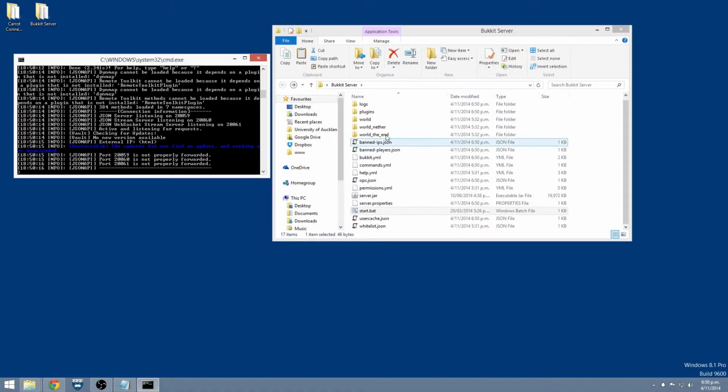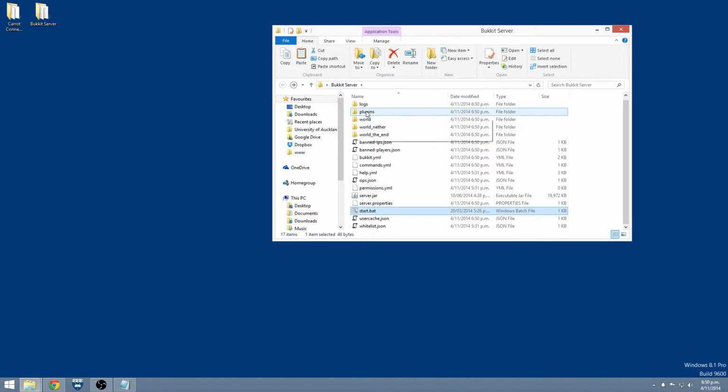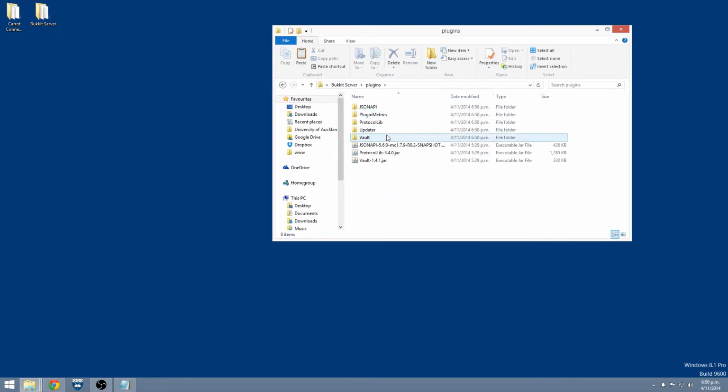Alright, next I'm going to show you how to set up a user and adjust the port if you so want to. So first let's stop this Minecraft server. What you want to do for this is go into the plugins folder. You'll see that the running of the server has created these new folders which have the settings and other details for the plugins. So you want to go into JSON API